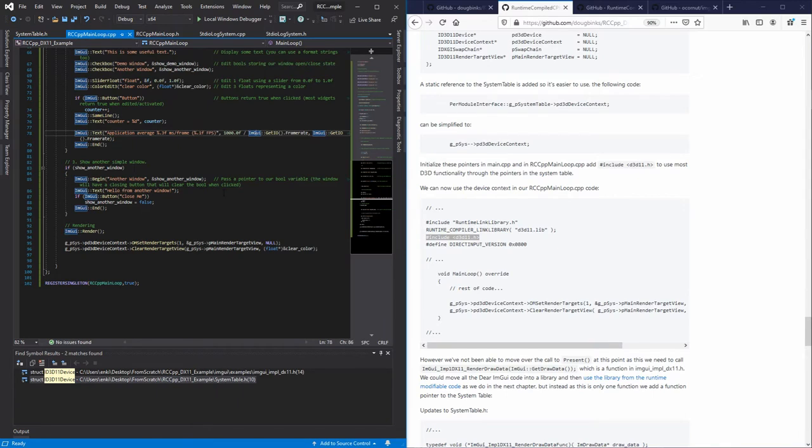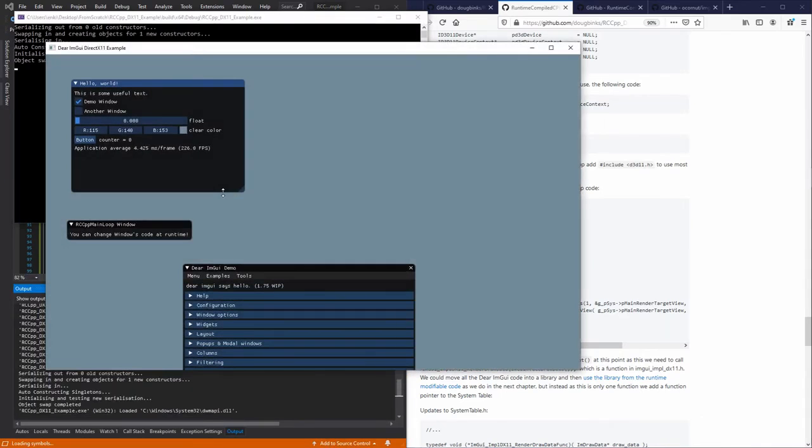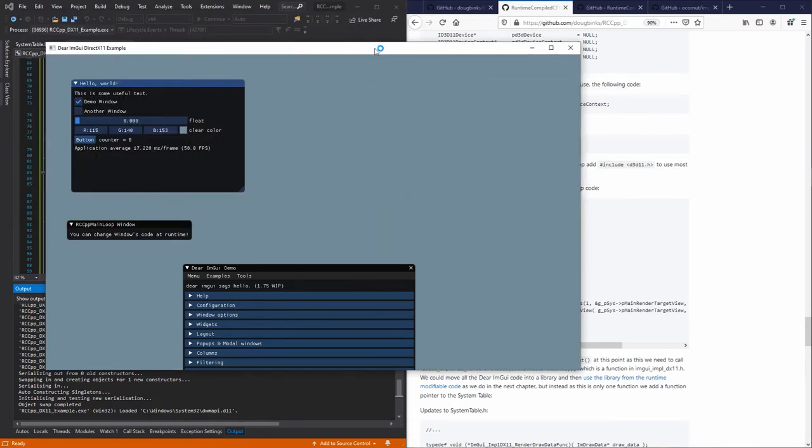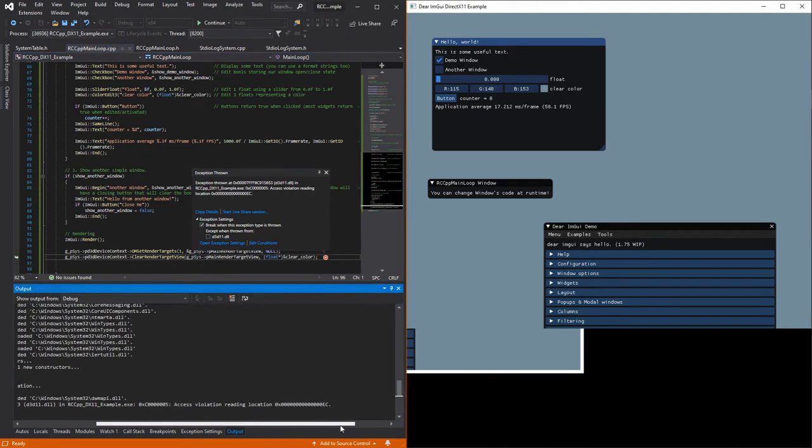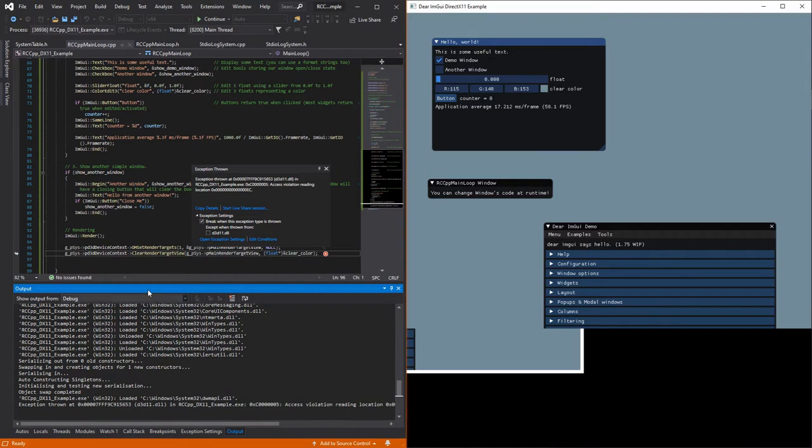Okay, so that crashes, and in fact, I'm not following my tutorial guide as thoroughly as I should do. So that crashes because I resized the window. So I'm just going to make that small so you can see what's going on here. So I resize the window and it crashes, and it crashes because one of these pointers is invalidated. In fact, the main render target view has been invalidated, and that's due to the fact that we've got some code in main.cpp,